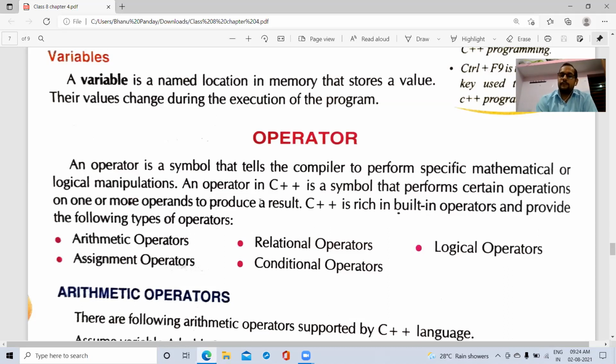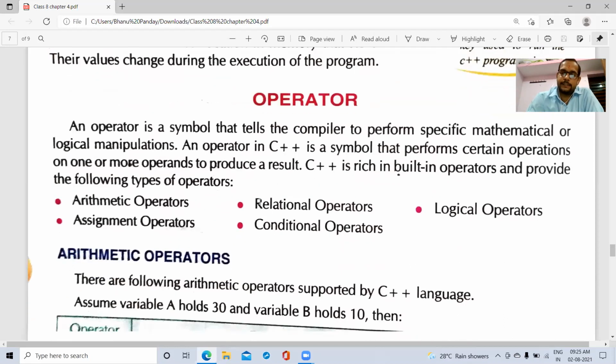Built-in operators means operators which are already defined. Built-in मतलब पहले से बने बनाए. This is called predefined operator. ठीक है, and C++ provides the following types of operators. So we have arithmetic operator, assignment operator, relational operator, conditional operator, and logical operators. So these many are the operators. Let us see one by one what these are.